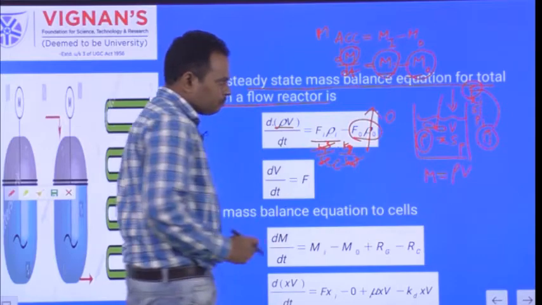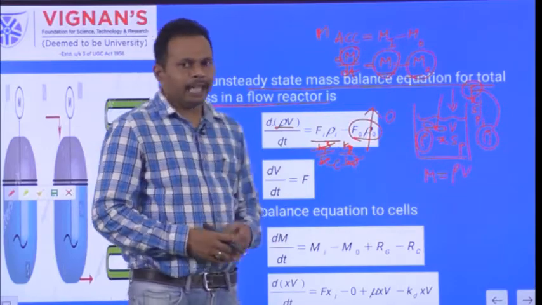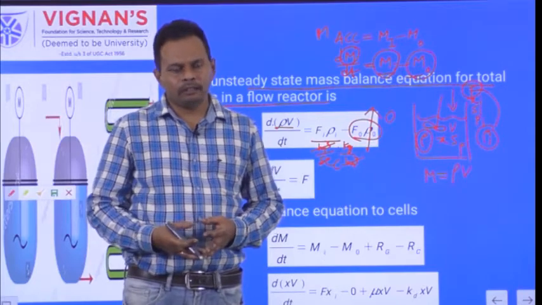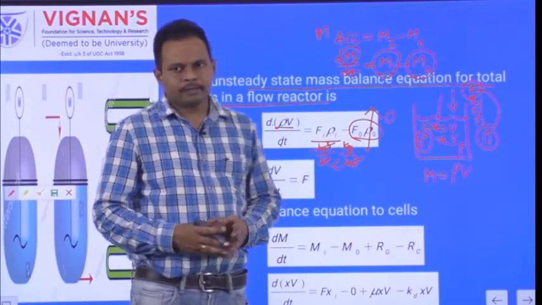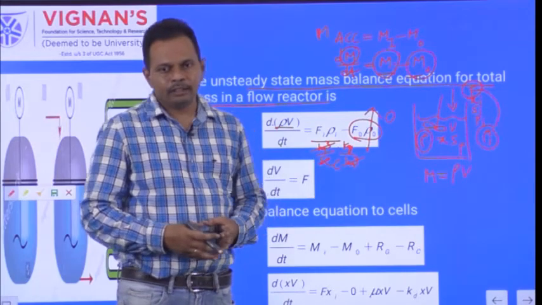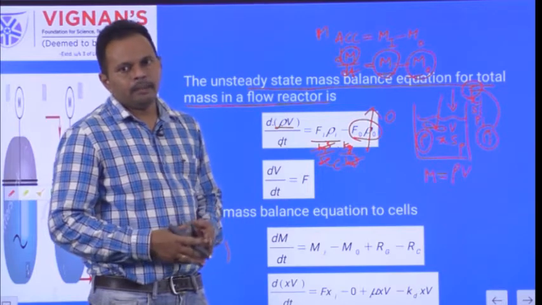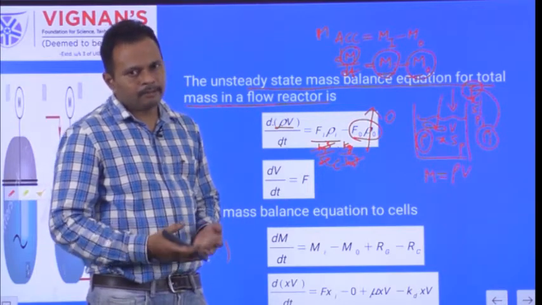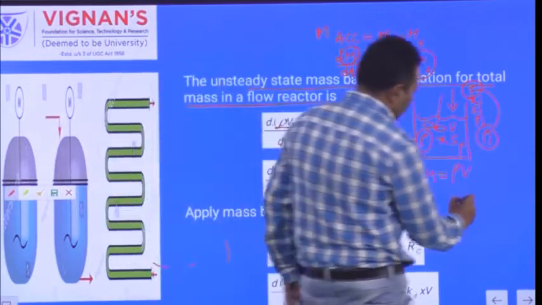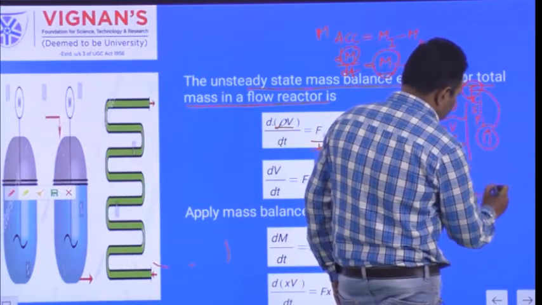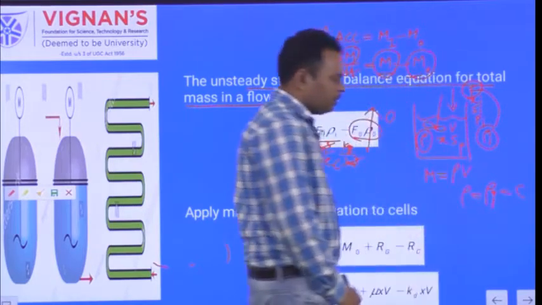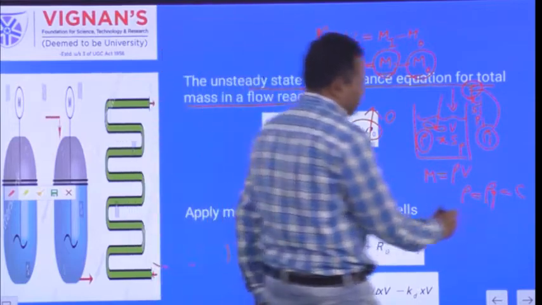These are aqueous solutions. The fermentation broth mostly consists of 70 to 80% water, and the liquid nutrient media also consists of some 70 to 80% water. So these are dilute, aqueous solutions. The density of the fermentation broth and the density of the liquid nutrient media are both the same, since they mostly consist of water. So density rho is equal to rho I, the inlet density, and that is equal to a constant.